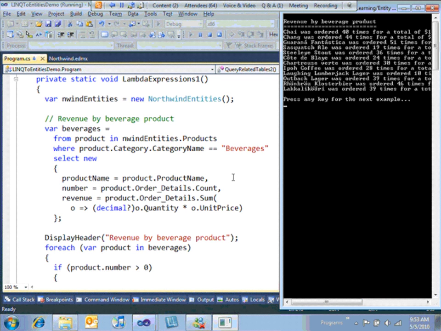So here's the query. From product in products, where category name is beverages, so give me the product, and then give me the number, which is the number of times it was ordered, order details times count, and then the revenue, product.orderdetails.sum, and then I put a lambda expression in here, quantity times unit price. So this O equal greater than says, here's a lambda expression from order details, get the quantity, get the price,